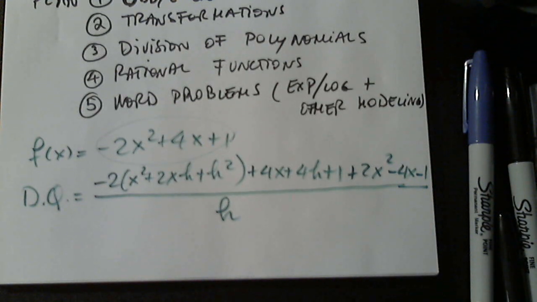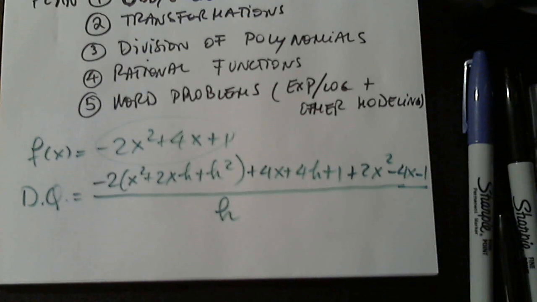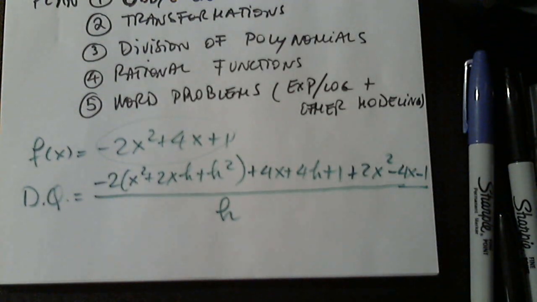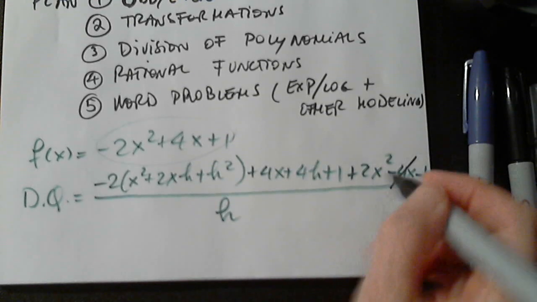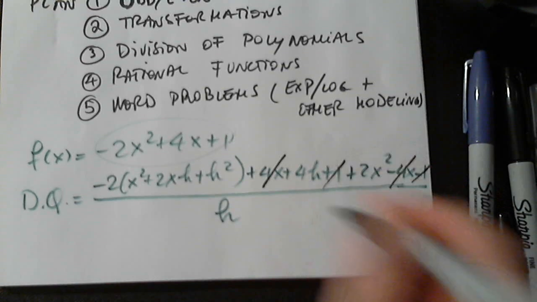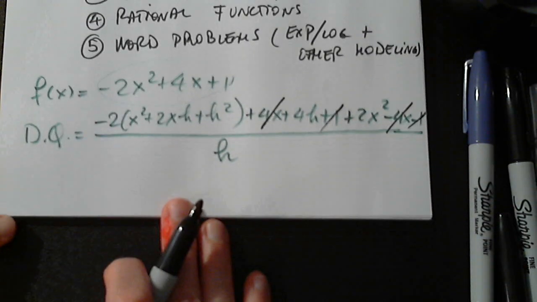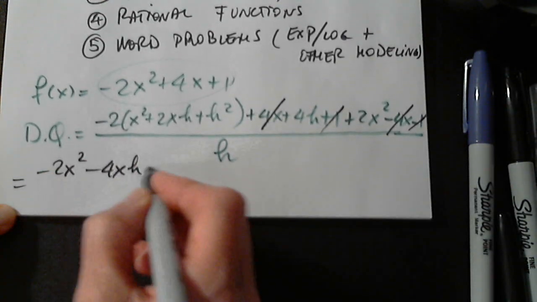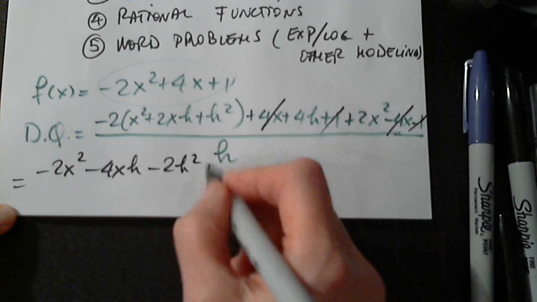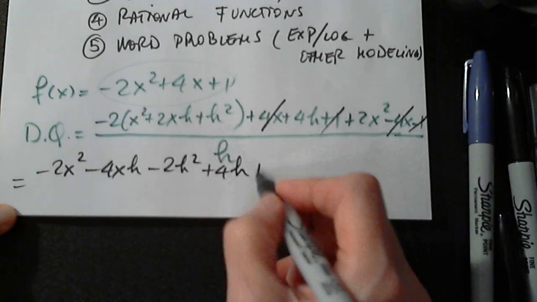So let's take a moment and say yay or nay. Is this okay? Anyone? Yes? No? Please say something. No, you need to distribute that negative 2. Yes, but so far, is it okay so far? This is okay so far, yes. Good. So I already see the negative 4x with the positive 4x and the negative 1 with the positive 1, because I run out of room always. And now, yes, I'll distribute: negative 2x squared minus 4xh minus 2h squared plus 4h and plus 2x squared